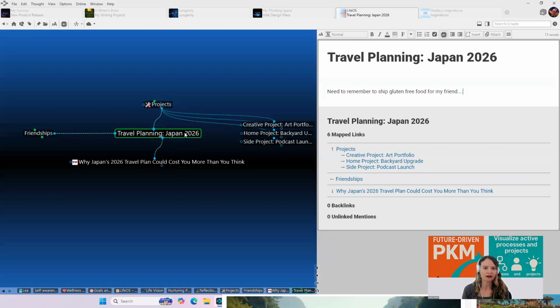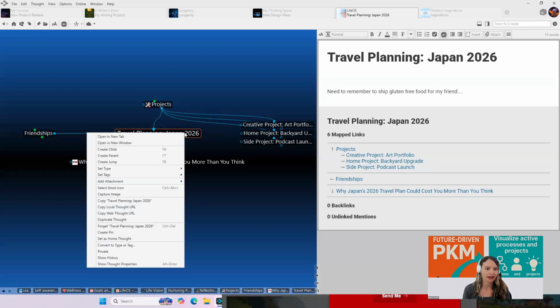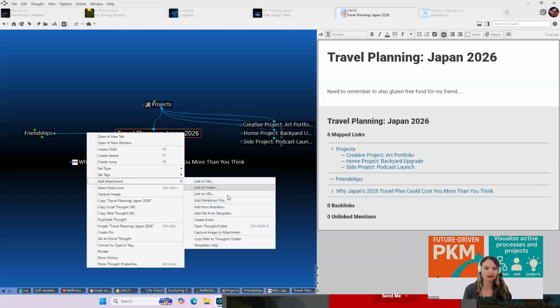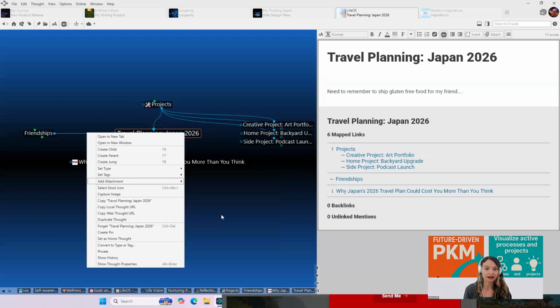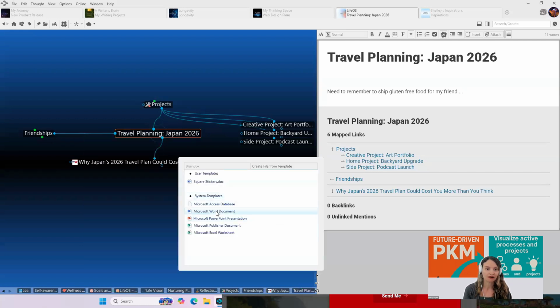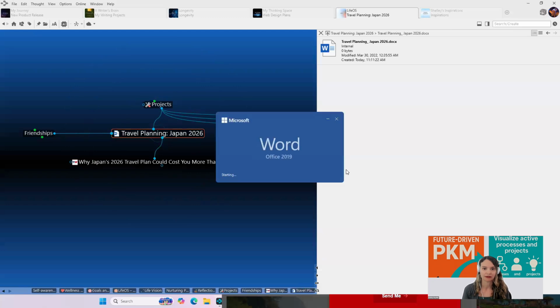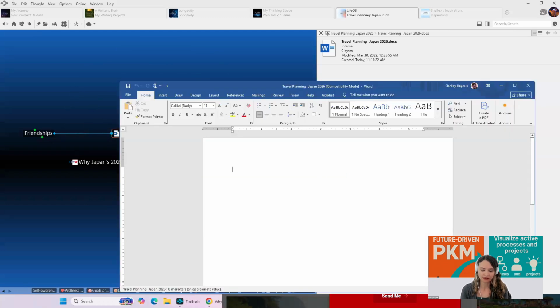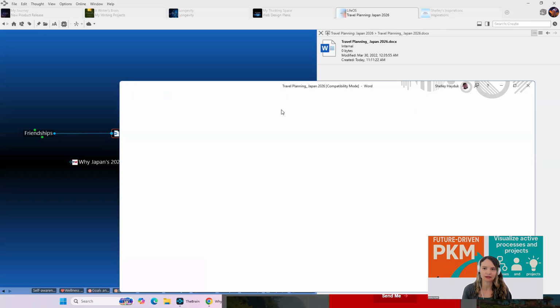And of course, with each thought, I can go ahead and add any document, anything I want to add to this particular thought. So if I actually want to start creating a document on this trip, I can go and do it and start typing in my agenda, building an itinerary. And of course, I can save that, and that just gets saved right into the brain.